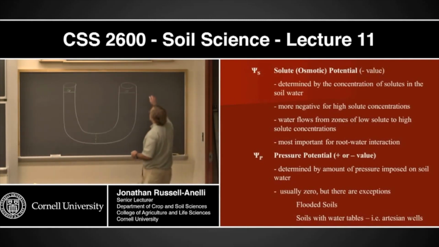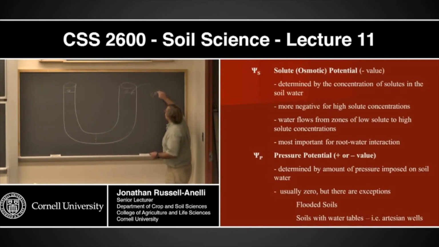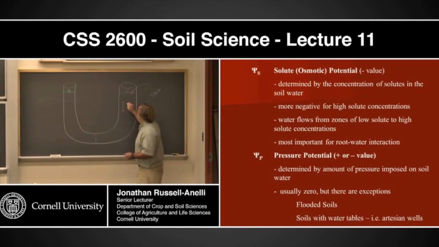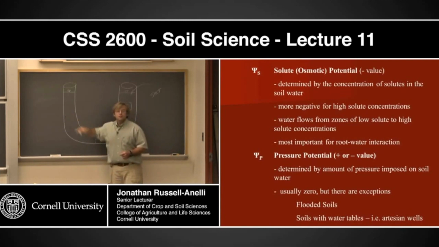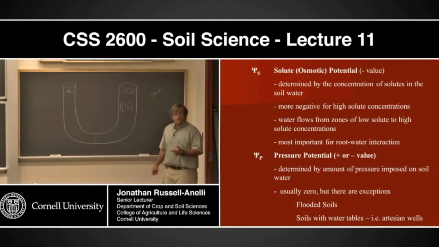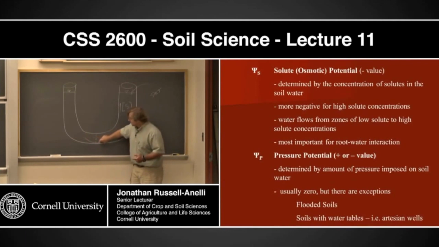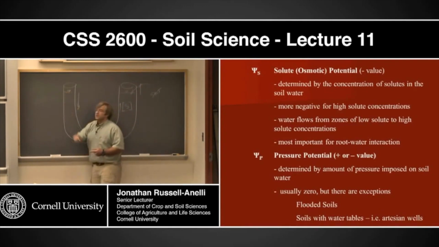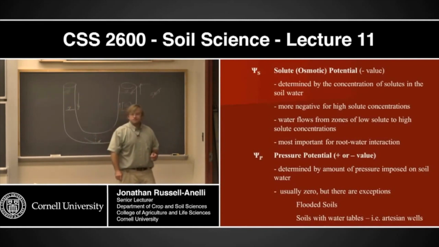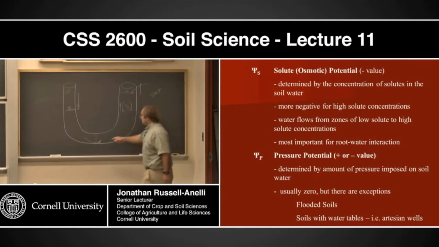Now what's going to happen if I add salt to this side? So this is an osmotic barrier. Okay? If I put salt on this side, I'm going to increase that concentration. Salt, not sulfur. It's going to come up on this side. There's no salt on that side. What's going to happen? The water is going to migrate this way, right? Because salts can't migrate that way because of this barrier. And if that's the case, the water level is going to go up here, and it's going to go down here. Now for soil systems, this is not a big deal because there aren't really any permeable